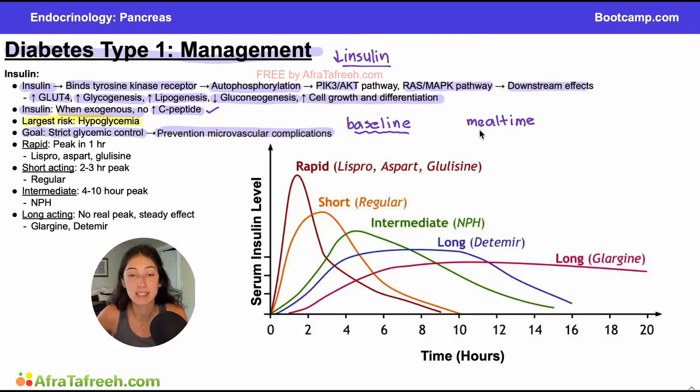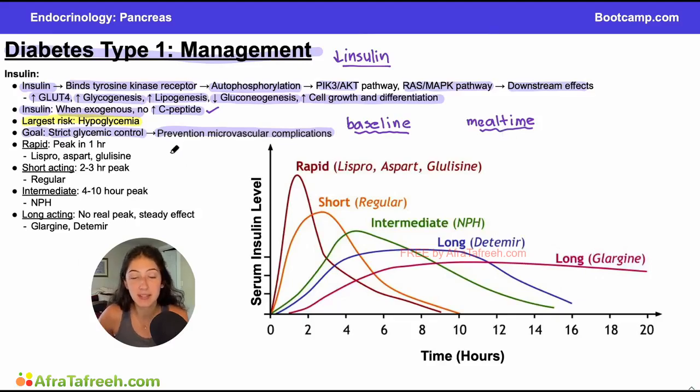In an attempt for us to simulate what that would be like without you having a functional pancreas, we also give mealtime or snack time insulin. So this will be a shorter acting type of insulin that is intended to compensate for that rapid rise in glucose after you eat a meal or eat a snack. So we'll use these in complement. The baseline insulin provides you with that basic level of having some insulin available. And then mealtime insulin should be more quick acting, faster on and off